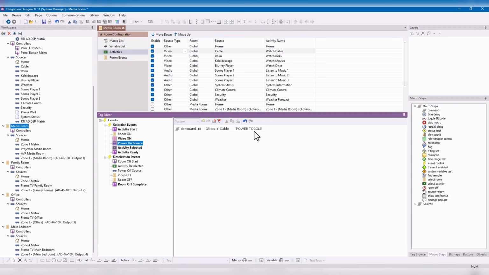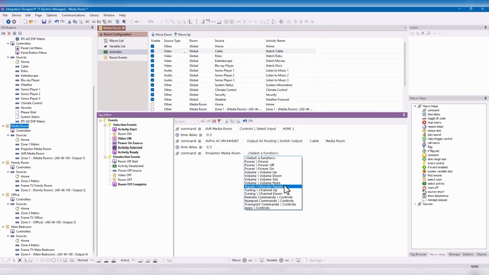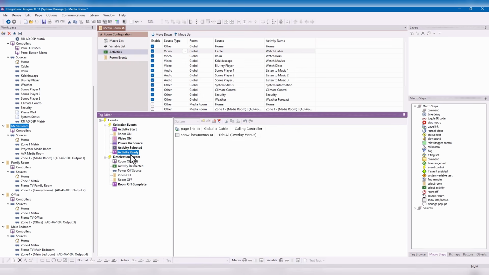Normally, though, it'll power toggle, which will turn it on. Don't worry about pressing this again. It'll skip right over it because it's already on. Then it will switch inputs on whatever devices need inputs. In our case, the AVR, our AVPro matrix, and our, of course, fantastic. And then, of course, it will finally jump to our cable page 20 seconds later, the first time the